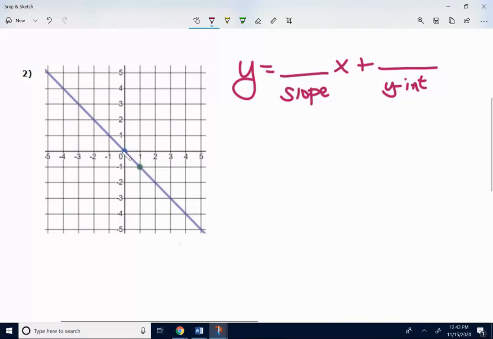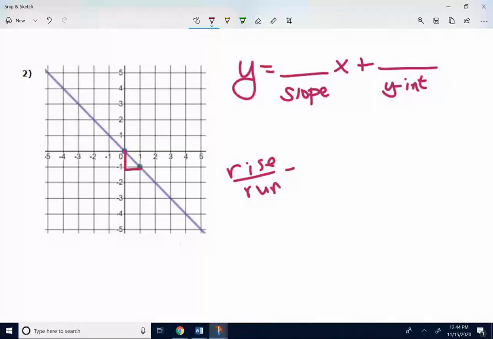Travel from the point on the left to the point on the right, and it's like you're drawing a triangle, trying to get from one point to the other. Okay, so I'm going to go down one space, over one space to get from my left point to the right point. Okay, so my slope, which is rise over run,